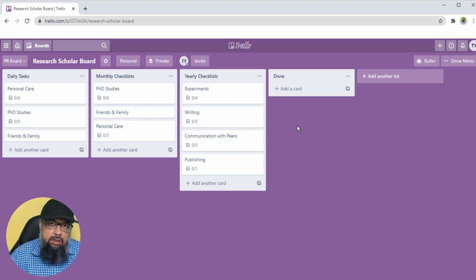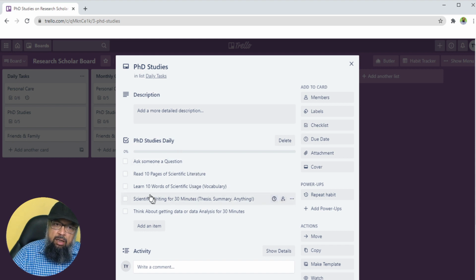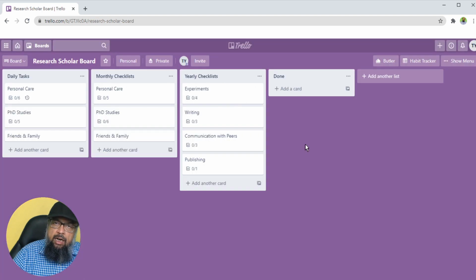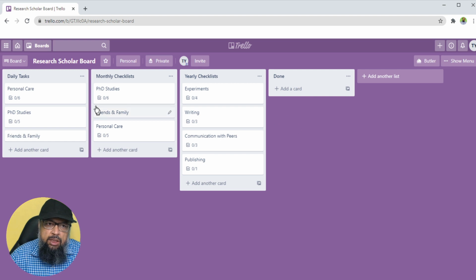What are those habits? If I click on this card, you will see that there are a few activities which I have been explaining in my videos, that a PhD student must have some daily routines, and I'm going to show you all these cards during the course of this video. And don't worry about this Trello interface. I will be explaining this, and we will be using a free Trello account and one of Trello's power-ups